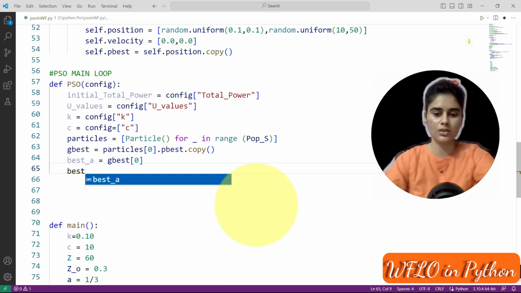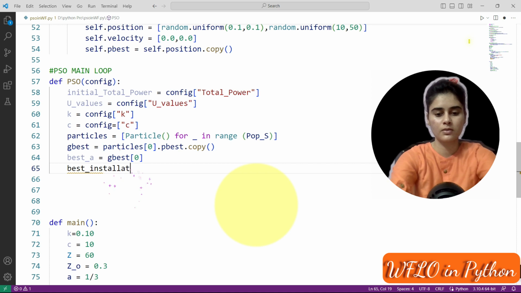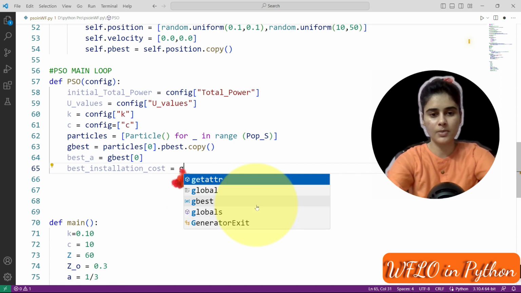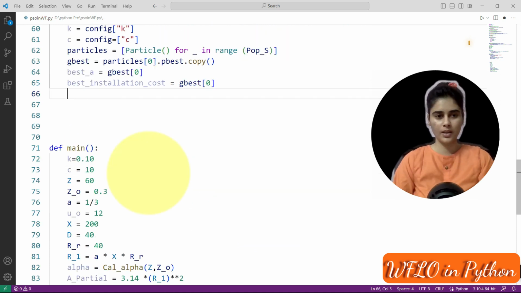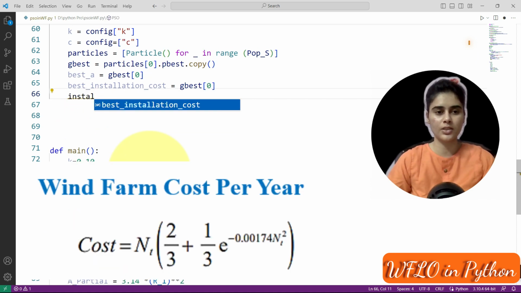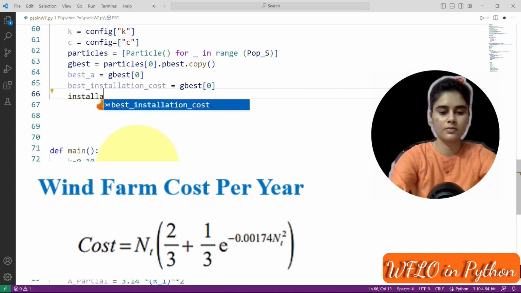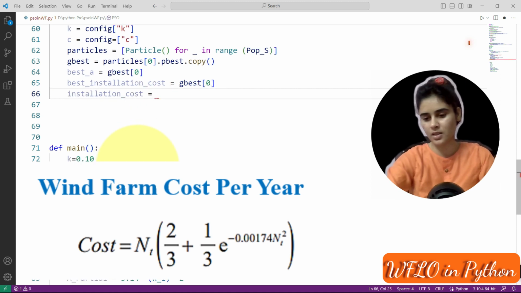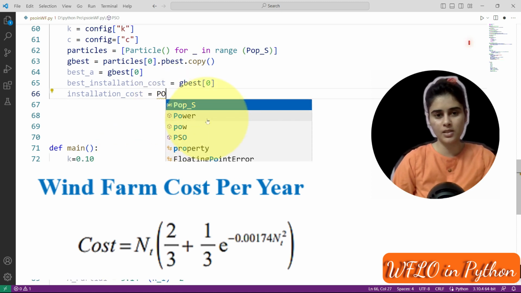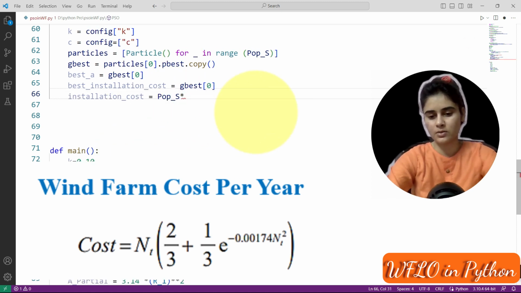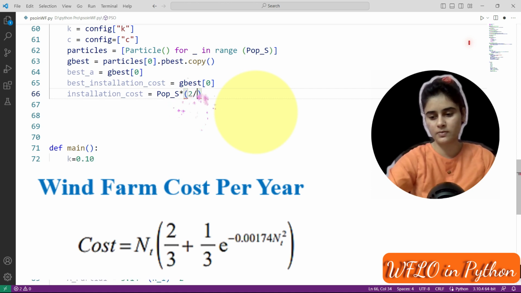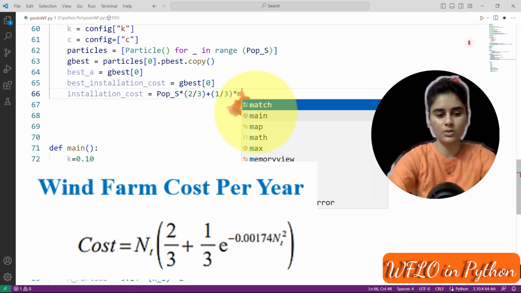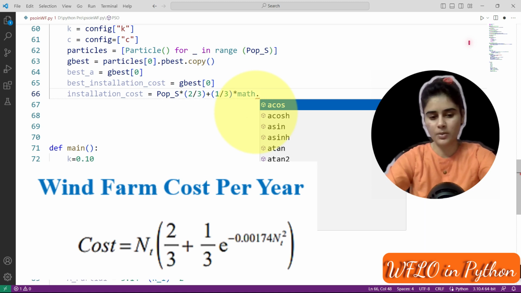Best installation cost is G best 0, and we can calculate installation cost with this formula: population size into 2 by 3 plus 1 by 3 into math.exp.